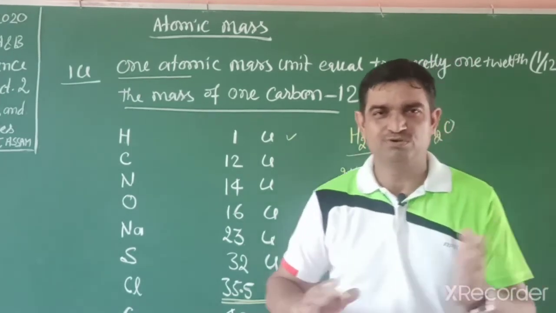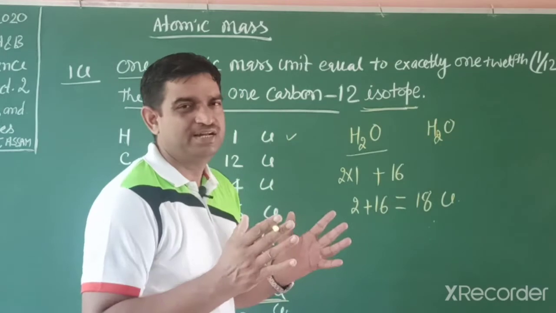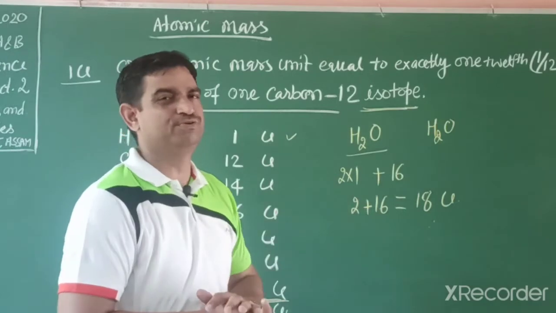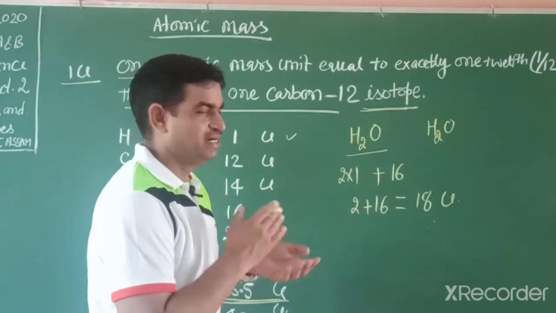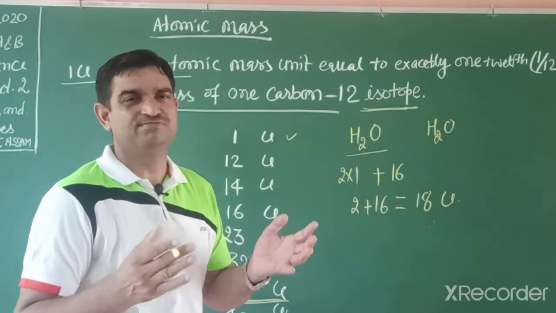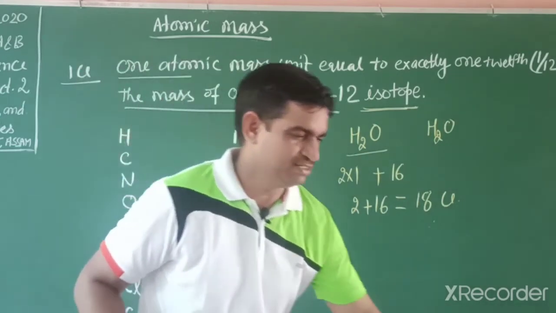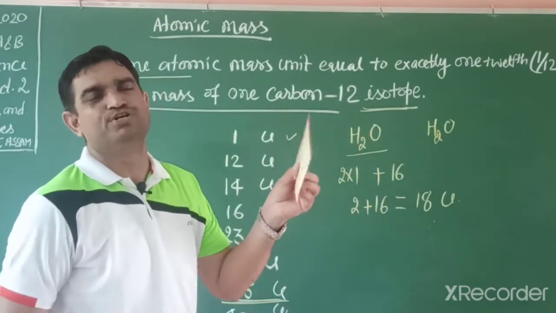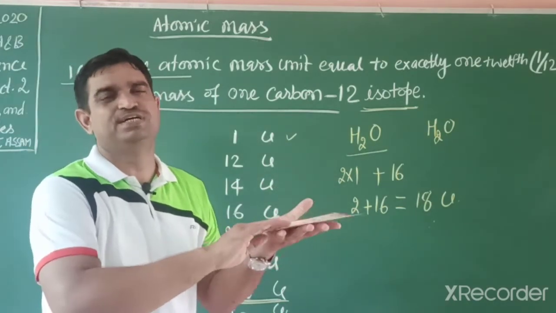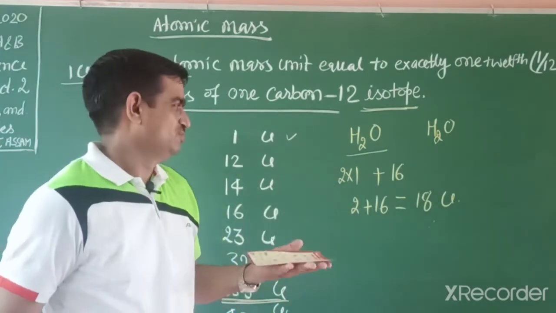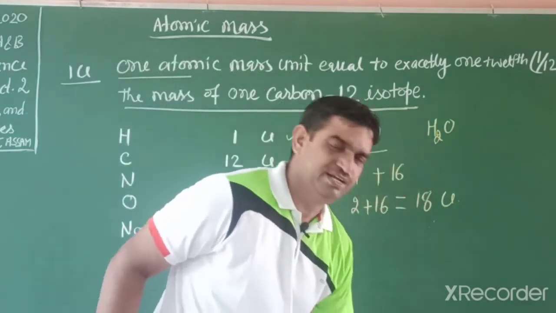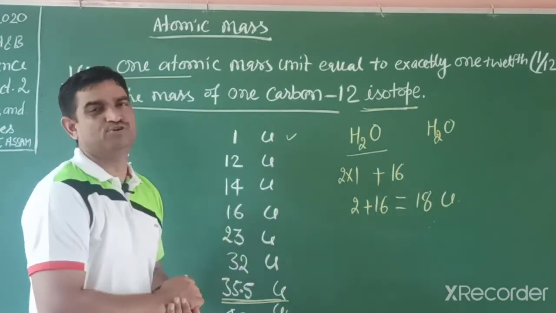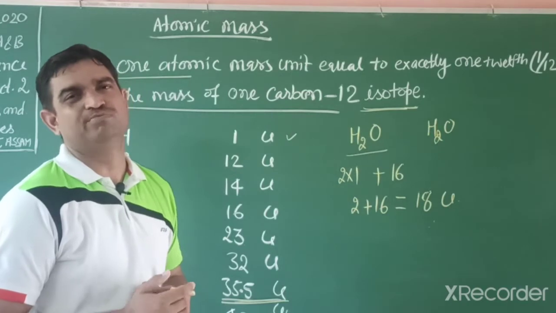Friends, this mass is the molecular mass, because different atoms of different elements combine and they form a molecule. An atom could not exist alone. Different atoms aggregate and form a molecule or ion. And when millions of molecules aggregate, they form matter. That matter we can see, we can feel, or we can touch. Students, this single paper has millions of molecules aggregated, then it appears like a single sheet. So now we explain how different molecules exist and how many types of atoms are present in a single molecule.